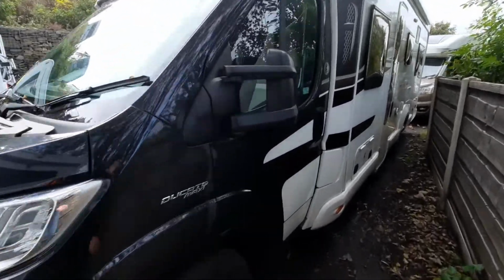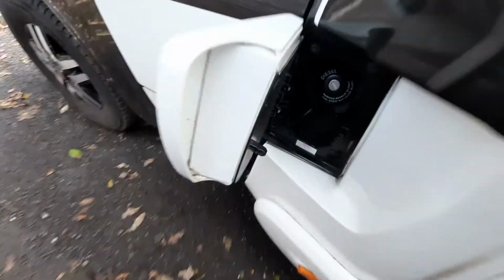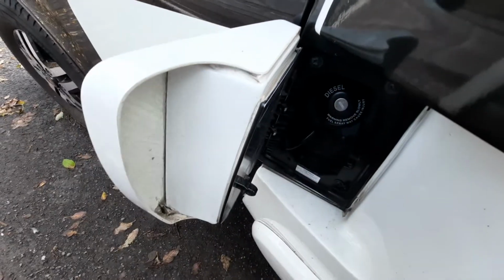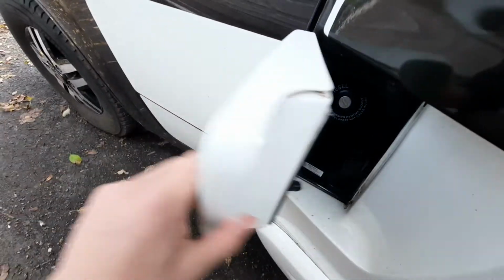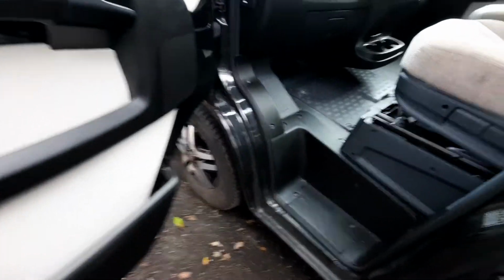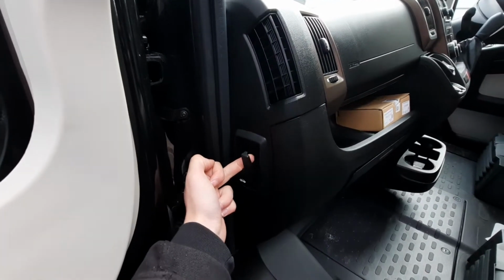So firstly, coming over to the passenger side, you have your fill-up points. Before I open it up, your fill-up points are just on the passenger side here, and this is for your diesel. Obviously make sure that that's diesel and not petrol, and that goes straight into there. If I open up the passenger side door, you'll notice that on your passenger side you've got your bonnet release catch, which is here,